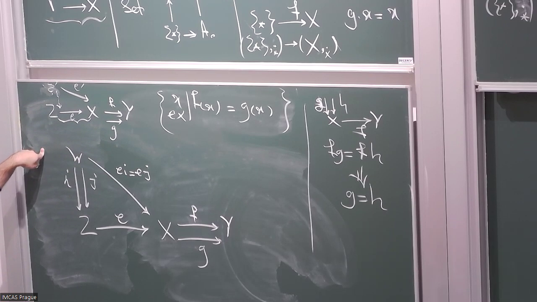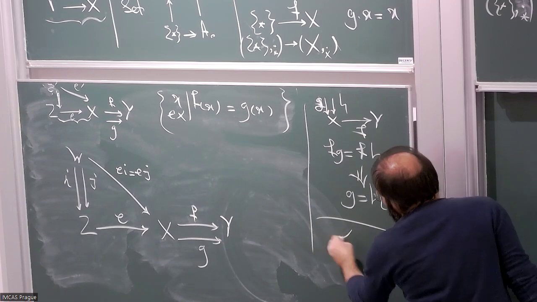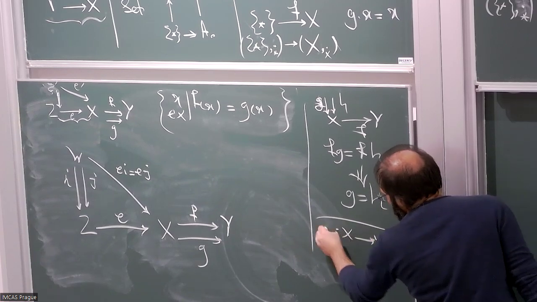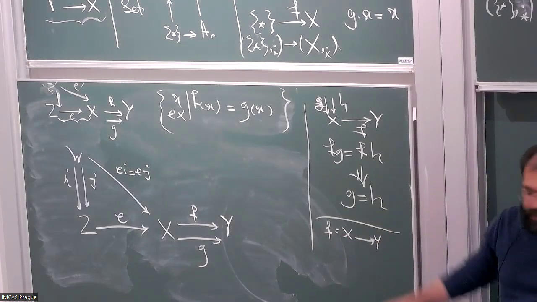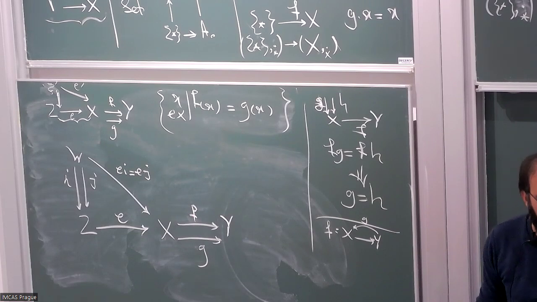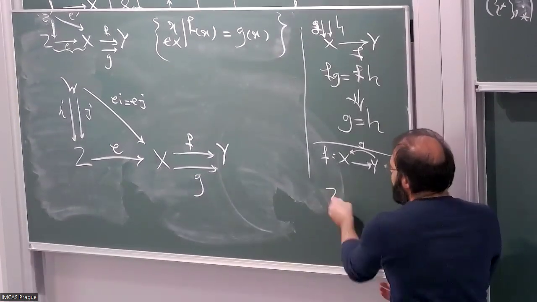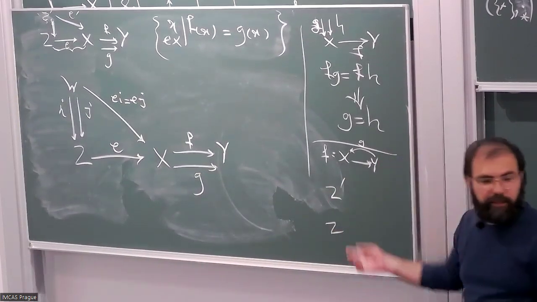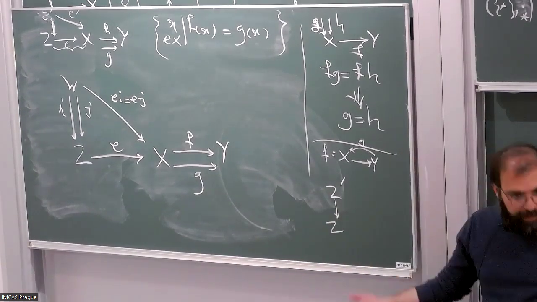Therefore, this morphism is allowed. Okay. What is an isomorphism again? A map F from X to Y is called an isomorphism if it has an inverse, meaning that there is a G such that FG and GF are identities. So one map could be an isomorphism. Then if I have Z prime and I say that it is unique up to isomorphism, it means that there is an isomorphism between them. That is meaningful.